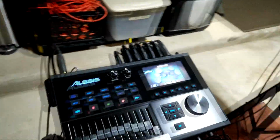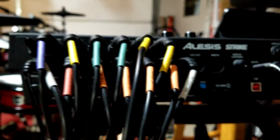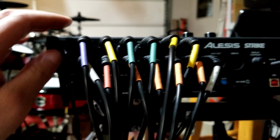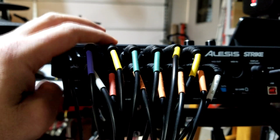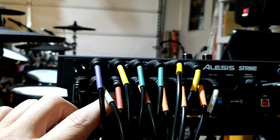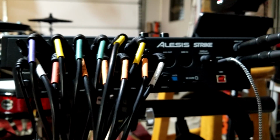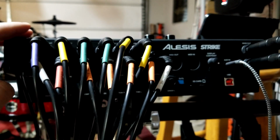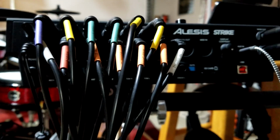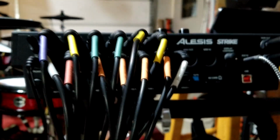But the real benefit here is these direct outs. That's what makes this module awesome and worth it, especially for the price. You can record your hi-hat, your kick, all your toms, all your cymbals, and your snare. So you can send everything out to a Pro Tools rig, which I have, and you can mix it and isolate it. You can use the sounds that come pre-packaged here and just mix it up, or you can replace them totally. But everything you play will be isolated on each channel on a console,